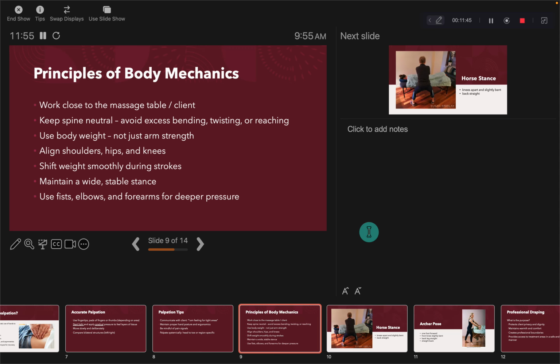When we are trying to do deep pressure, you guys are going to learn how to use everything from your elbow down to your fingers when working on people. I use a lot of forearms and elbows when somebody wants me to beat the living daylights out of them. They're like, oh, you can't hurt me. I bet I can. But that's not what it's about. And also it helps save your hands. So we're going to not only use our fingers and our hands, we're going to use fists, elbows, and forearms. And some techniques, some modalities include knees and feet. Ha! I'm not going to make you guys use your knees and feet, but